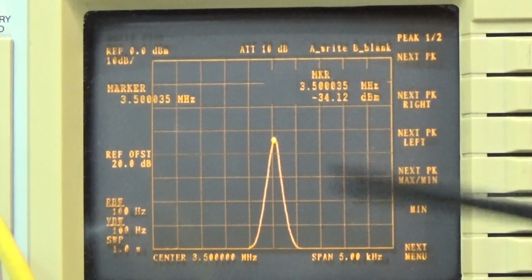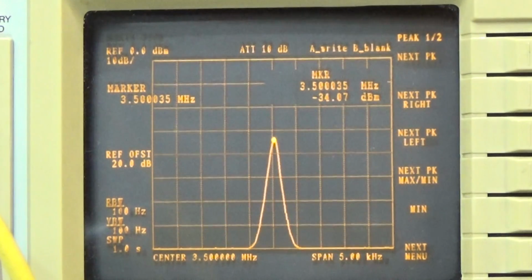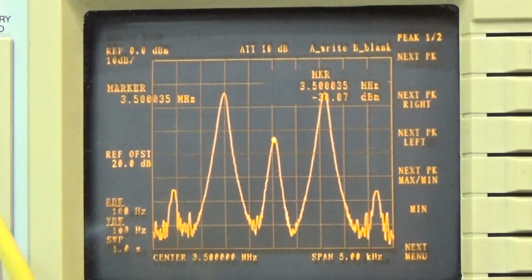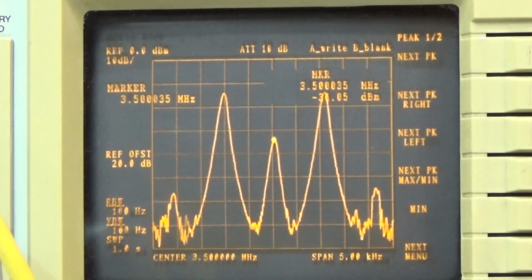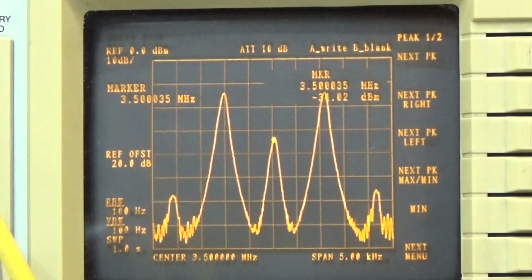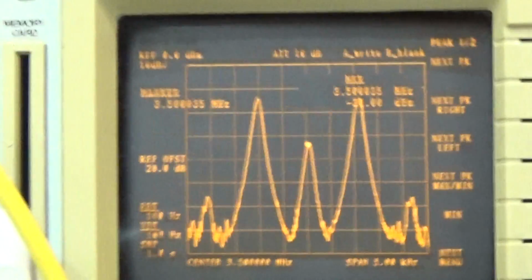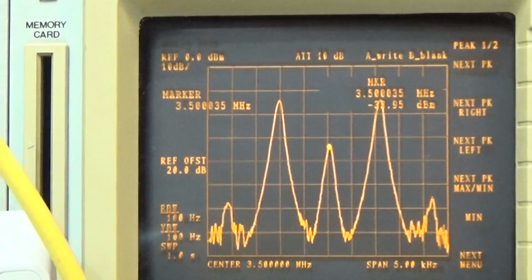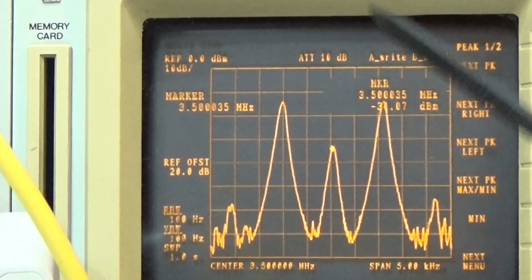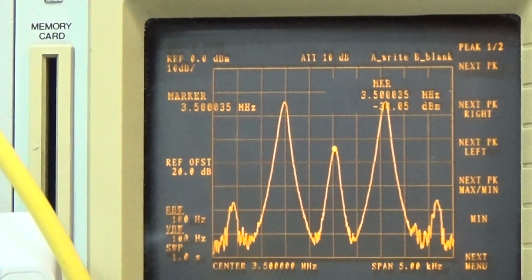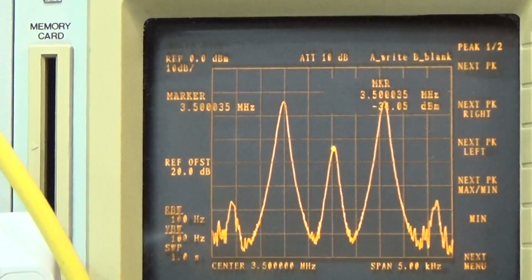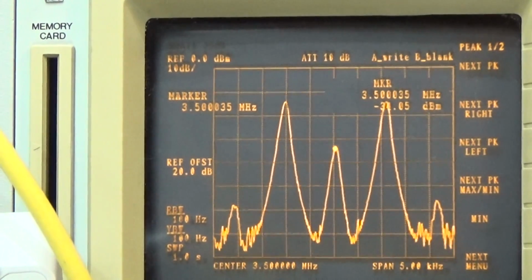When I go here onto peak, you can simply see it is really 3.5 megahertz. So now I'm adding our 1 kilohertz audio tones, and what you can see is that our carrier is suppressed a little bit, but it is by far not